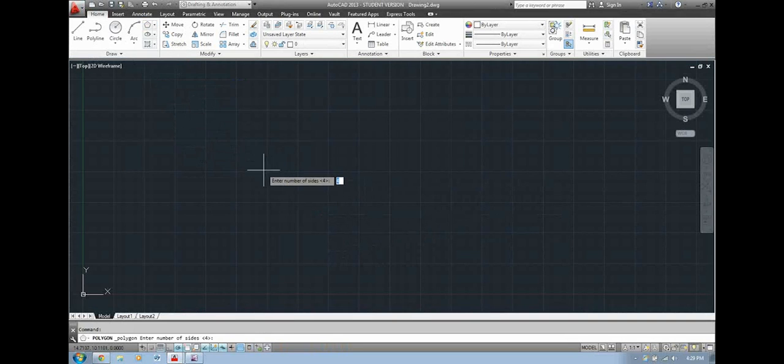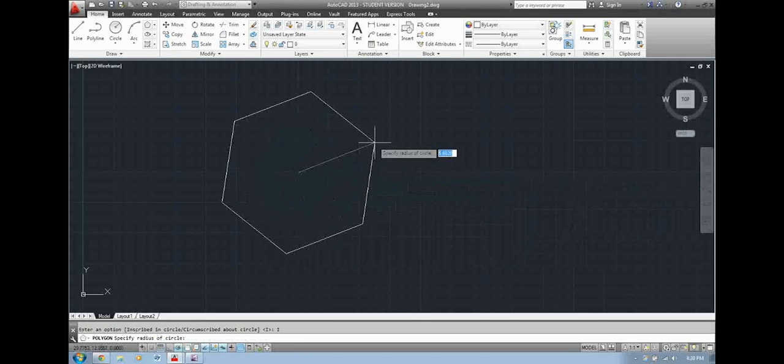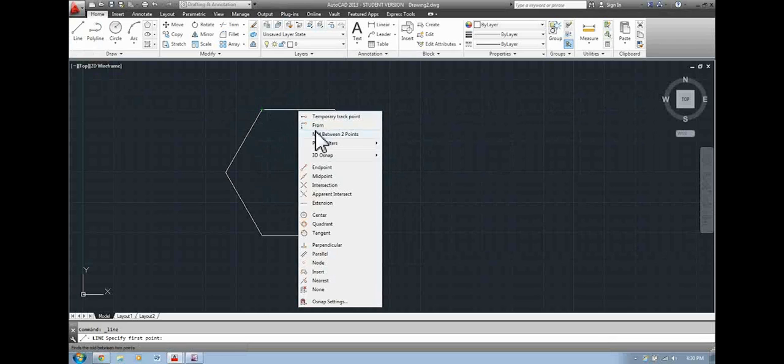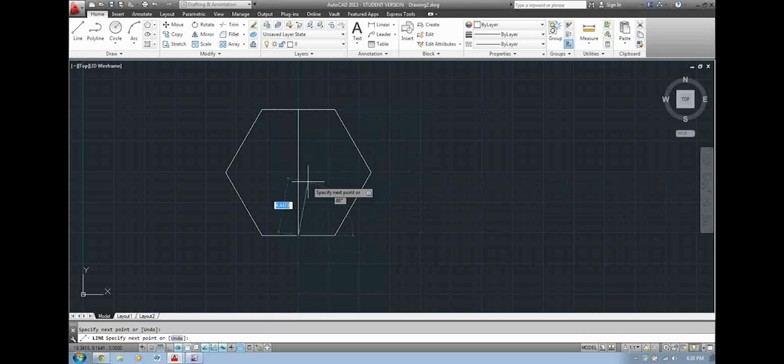So using a polygon, I'm just going to draw a quick little hexagon here at a random shape. Okay. So first thing I'm going to need to do in order to find the angles that I'm going to have to be working with in order to get this correct,